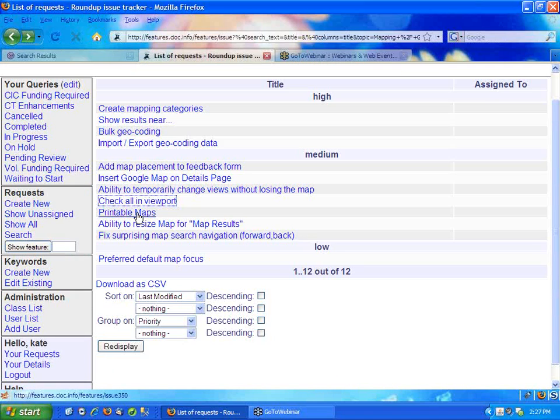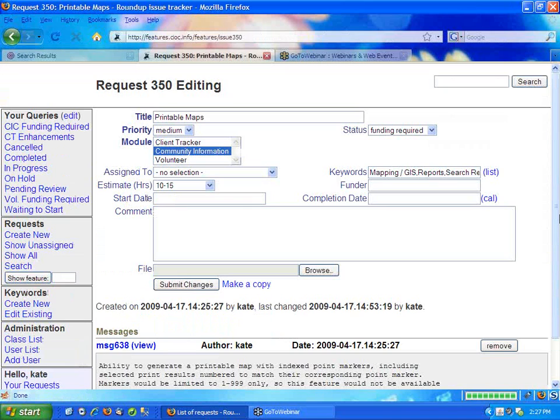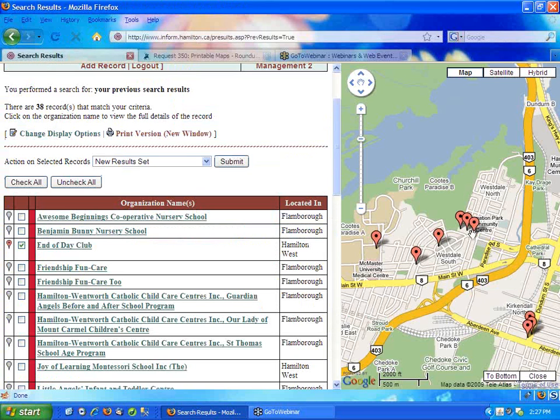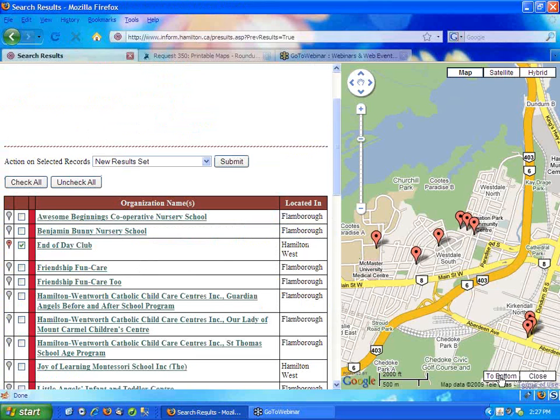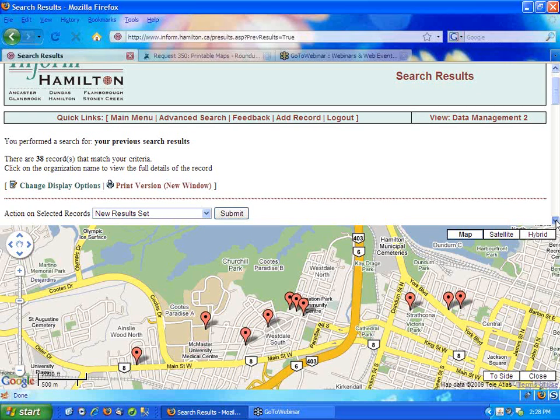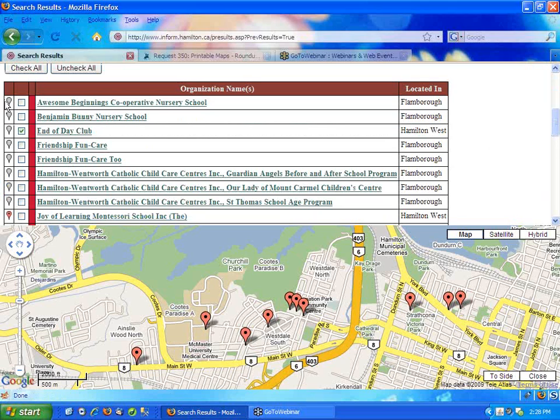Printable maps. The idea here would be that you can generate a map, and it would only work on a list of under 1,000 records. You can generate a map where your markers are numbered between 1 and 999, and your search results would be listed underneath the map. So the report would include a full-size map of the items in your search results with each marker numbered, and then it would be followed by your list of search results along with the number